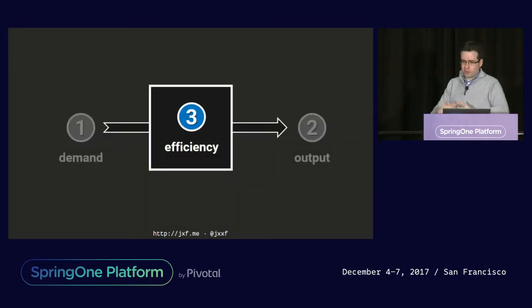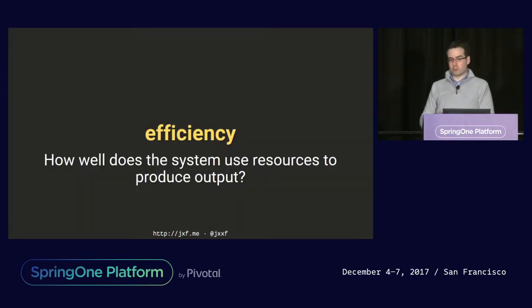The third attribute is efficiency. So how well does the system use its resources to produce the output? So if the demand stays the same and the output stays the same, but there's a decrease in efficiency, that's probably something we should be concerned about. Why did the system suddenly consume twice as many resources to do the same level of output? But if the efficiency doesn't increase or decrease, that's not something to be upset about if we see a spike